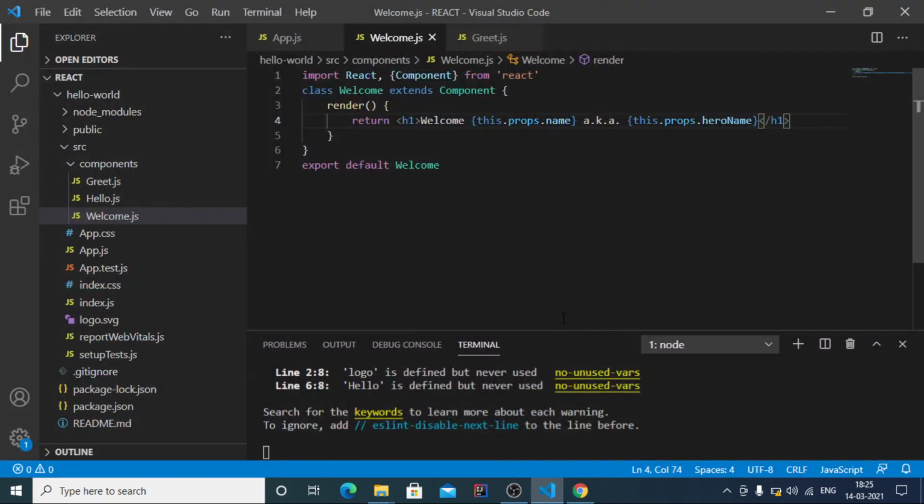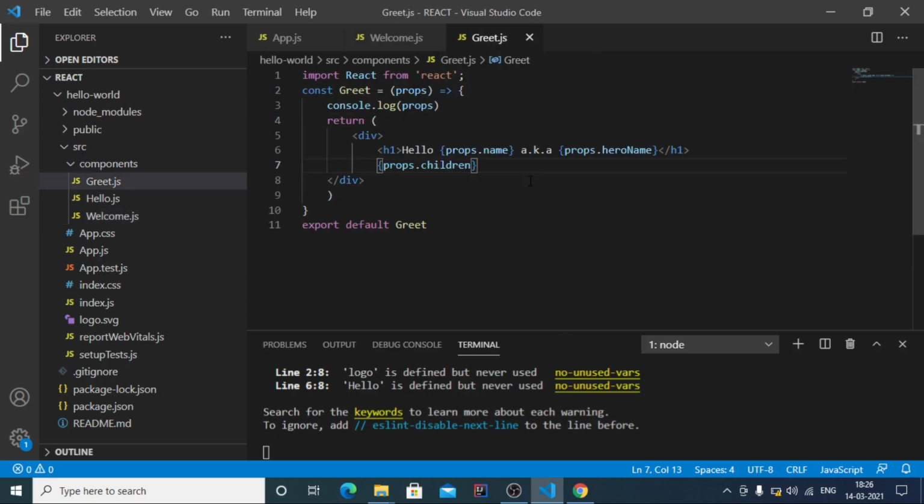So this is how props can also be used in class components, and basically you are accessing the props using this keyword. Now one thing I would like to tell you about the props or the properties object, that props are immutable, meaning that you cannot change the value of the props.